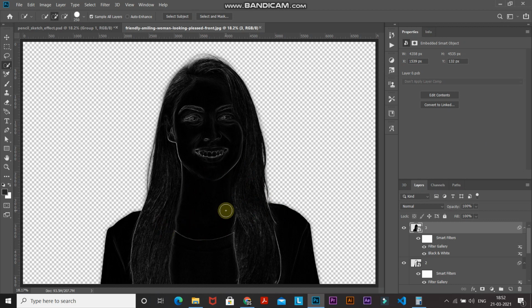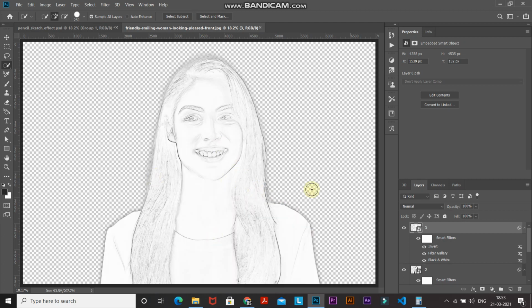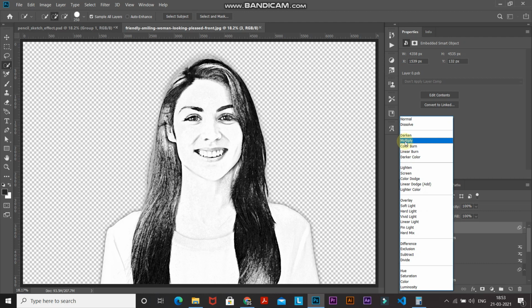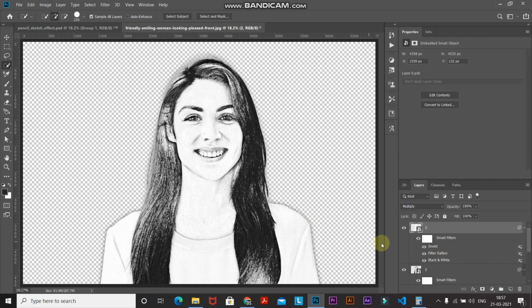Now we need to invert this thing, that is make the black to white and then make the white to black. So for that press Ctrl or Command on Mac plus I in order to invert this thing. After that for this layer as well we only need to keep the black color in the image and then hide the white color from it. So for that set the blend mode to multiply. So now let me just show you the before and after of this layer. So for that, clicking on the eye icon, so this was the before and now this is the after.